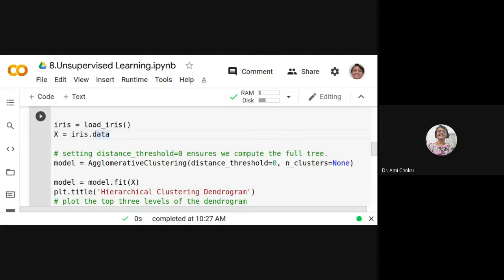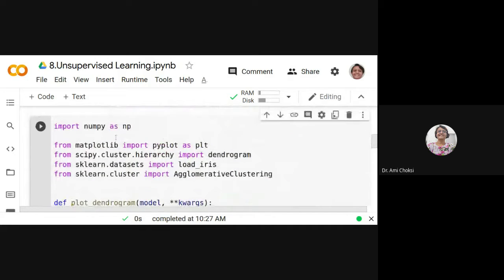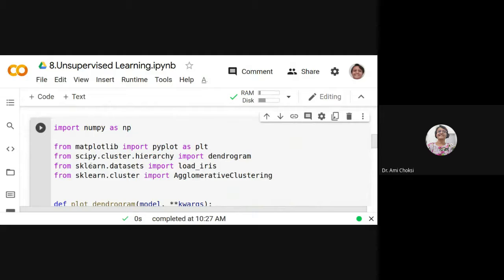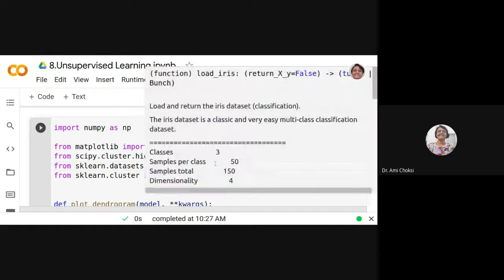For typical data sets which we have in this sklearn.datasets, we can load them with the help of load_ followed by the data set name, right?